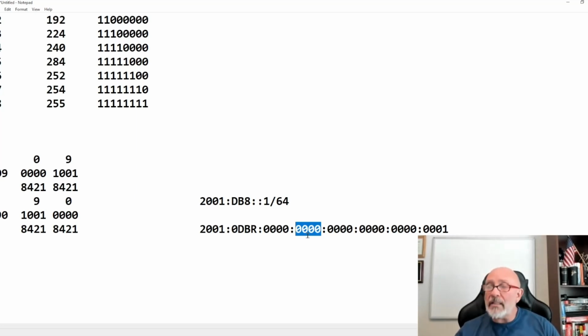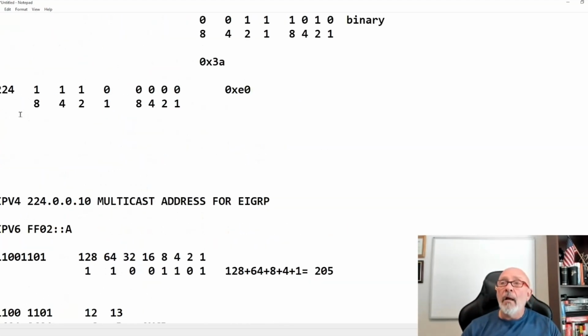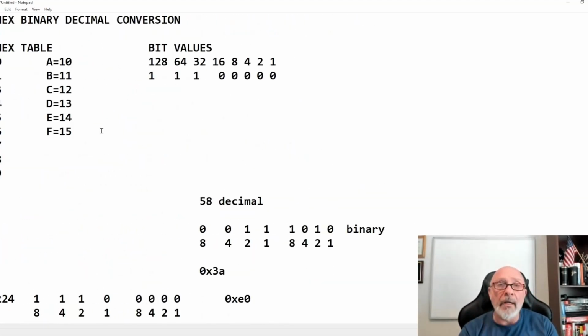Okay? So this is very important to understand, because your hex, right? Because we're in IPv6. And soon we're going to be in ISIS. And ISIS, the NSAP address, it's also in hex numbers. So we need to work with it. It needs to be familiar to our eyes.